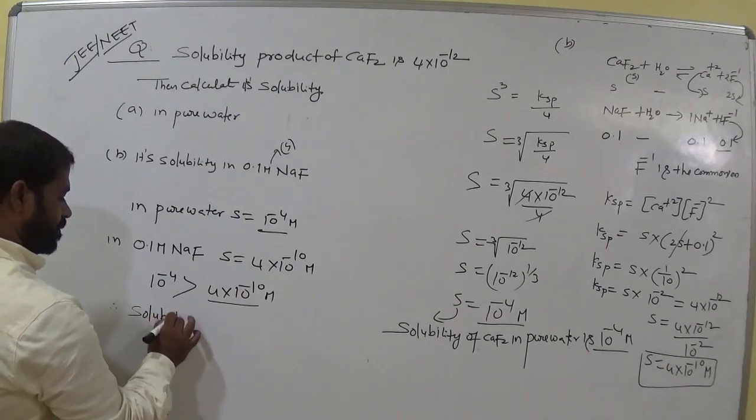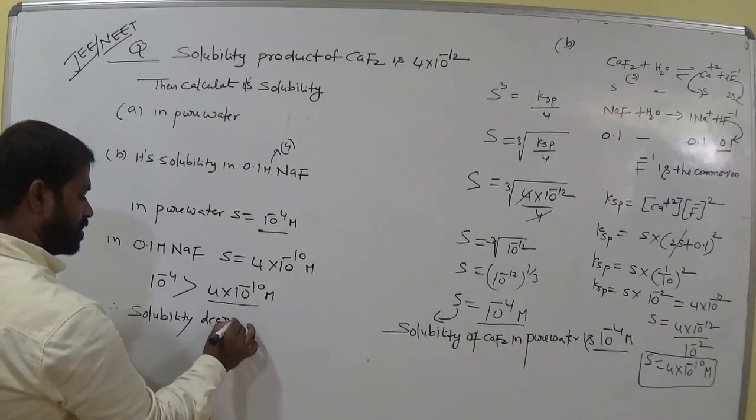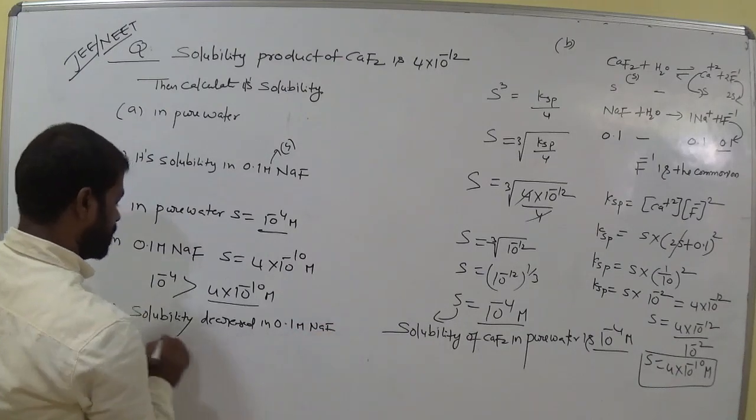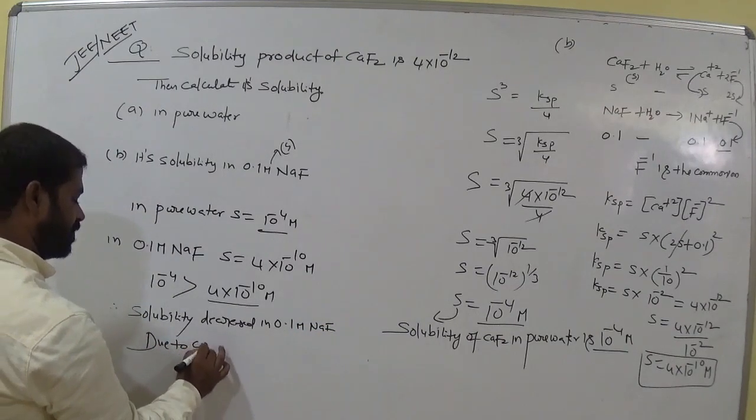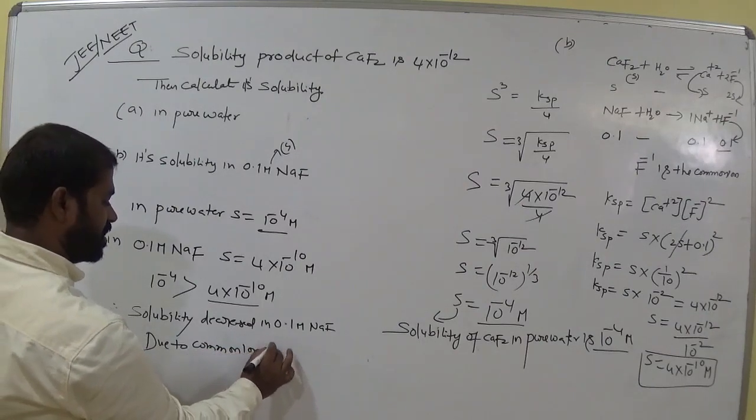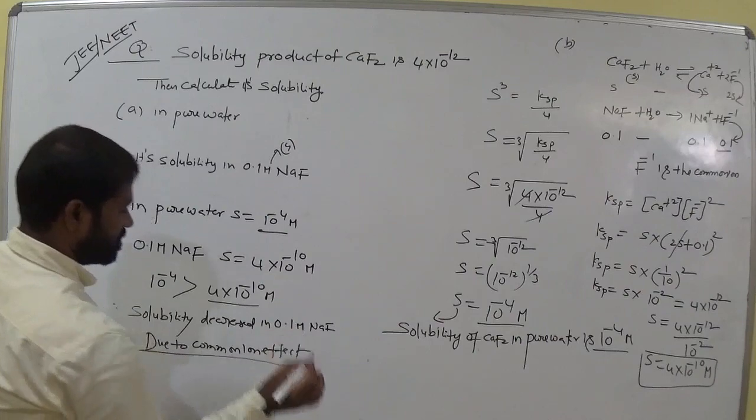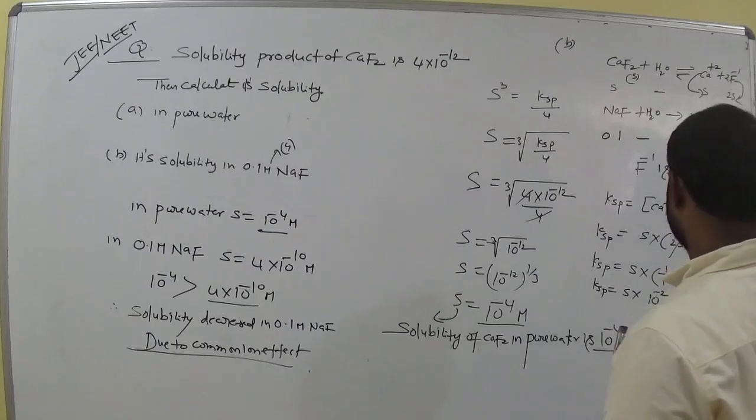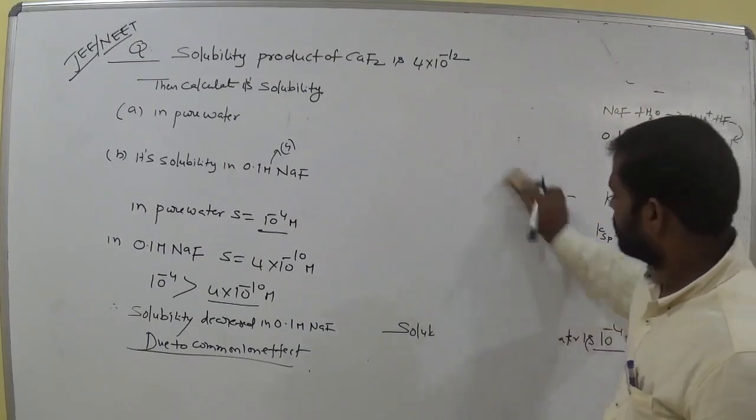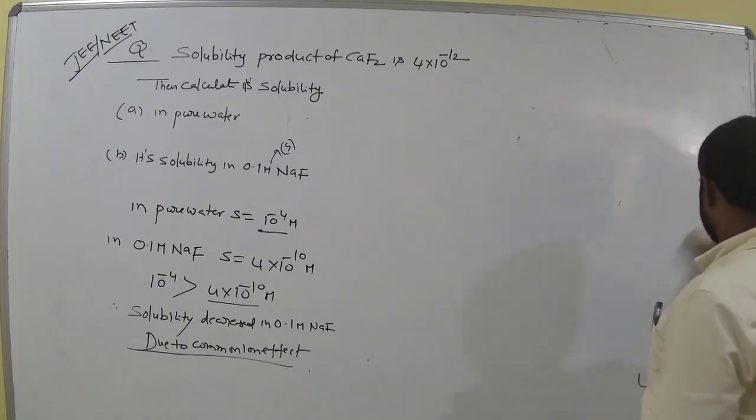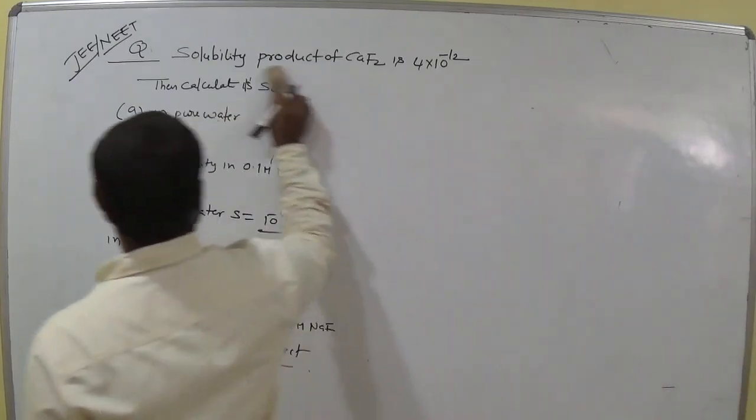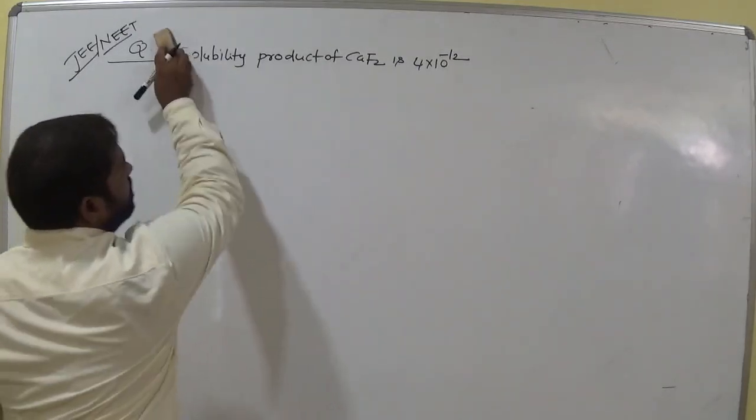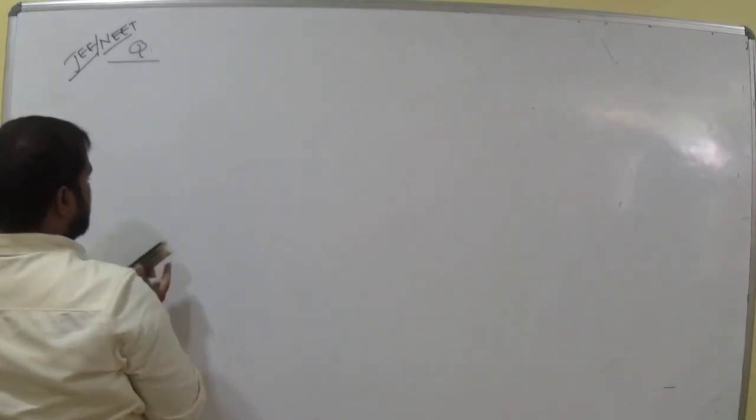Solubility decreased in 0.1 molar NaF due to common ion effect. Is it clear? So it decreases clearly. Okay. So it must decrease after adding common ion. Remember that. Then go for